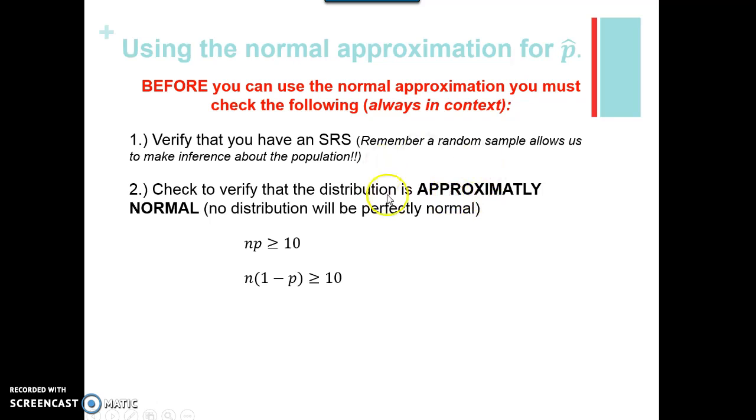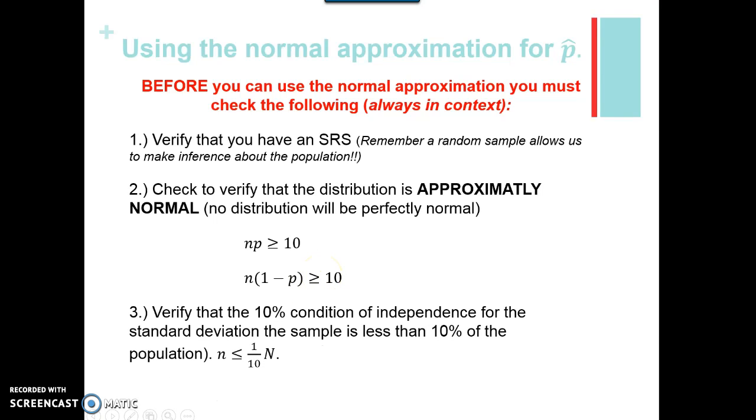Check that the distribution is approximately normal. Show the numbers plugged in here and here, greater than or equal to 10. Then verify the 10% condition for independence. You have to have this verified to use the standard deviation. I always do it like this: if the sample size is 20, I would do 10 times 20 equals 200. There are more than 200 students in Fairfax County, so you want to make sure that you put that in